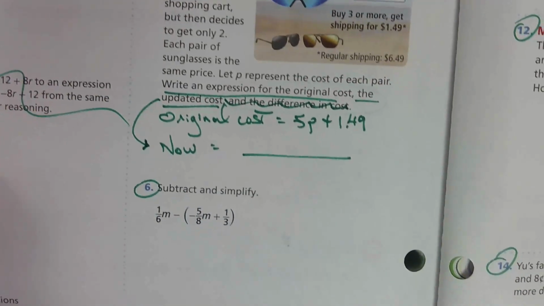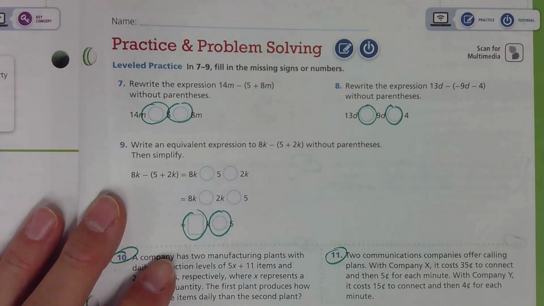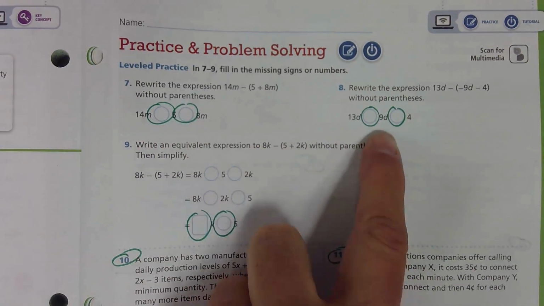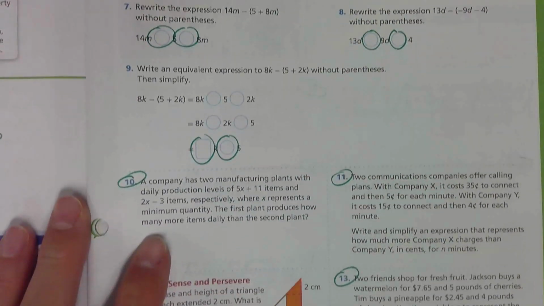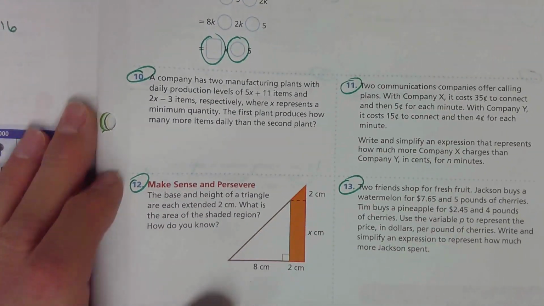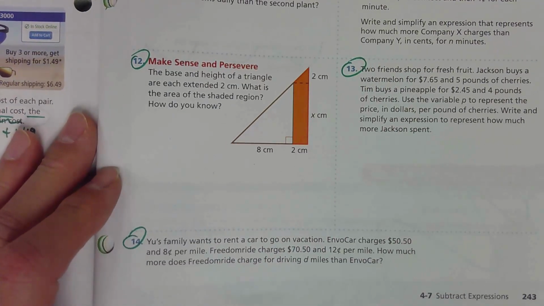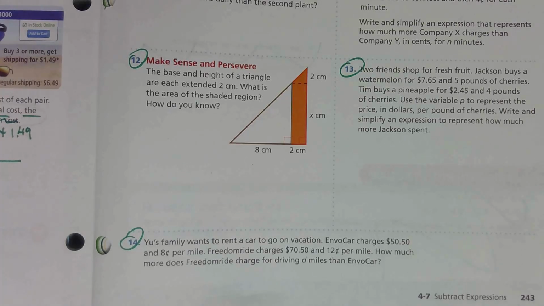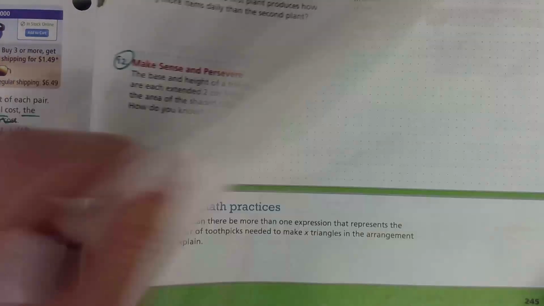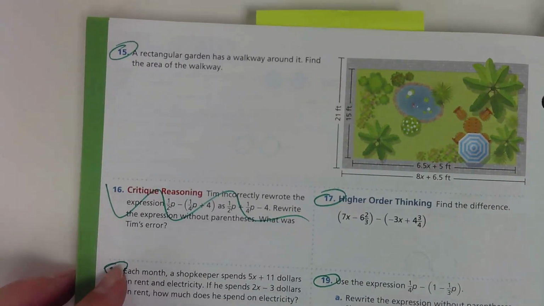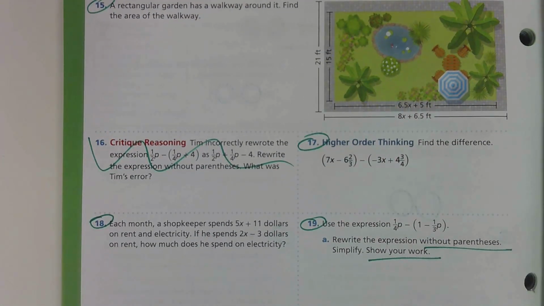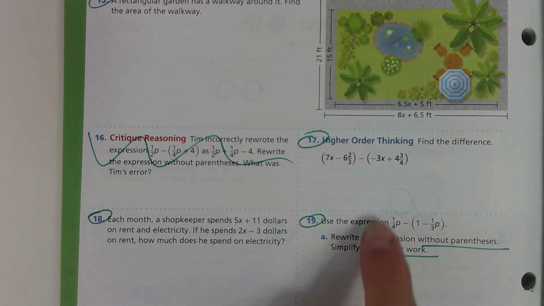Number 6, do that one. And then on page 243, 7 and 8, I circled both of those. 9, I circled both of those. 10, 11, 12, and 13, I circled those. And 14 down at the bottom of the page. Page 244, I circled 15. Scratch out 16. I circled 17,